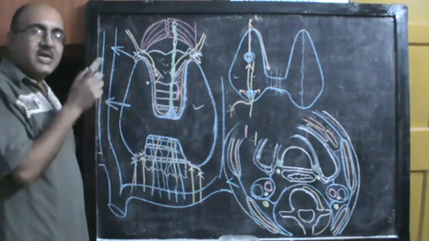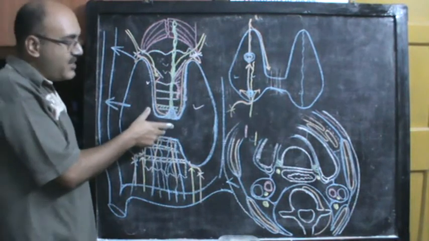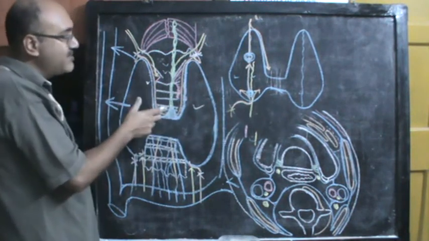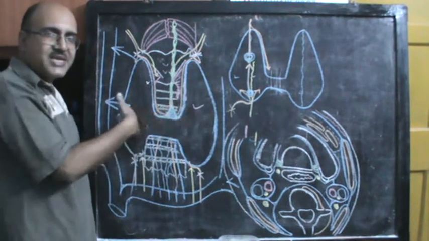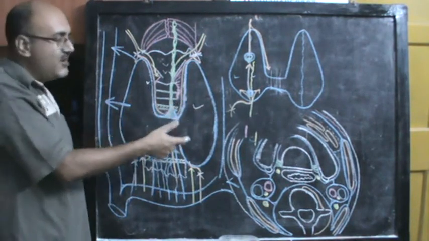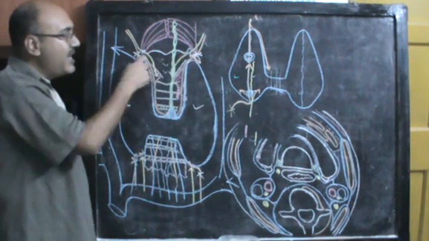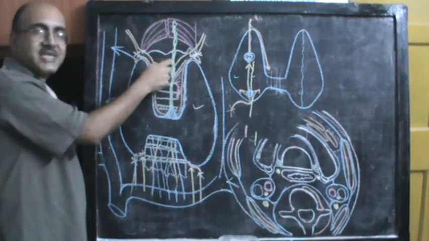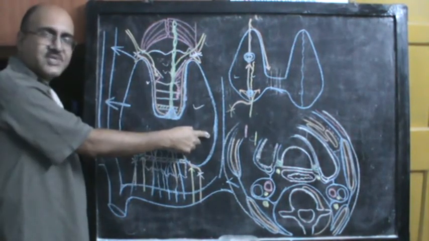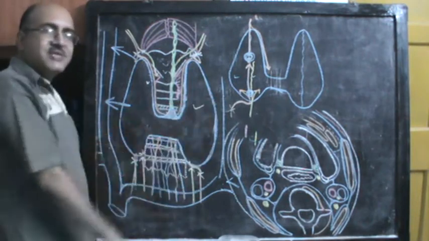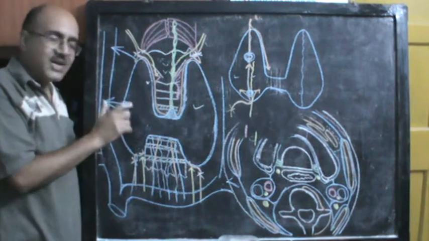So arterial supply, venous drainage, nerve supply. Now lymphatics of the thyroid gland: laterally these lymphatic vessels drain into the paratracheal lymph nodes. So the pre and paratracheal lymph nodes on either side, going on to the lower group of deep cervical lymph nodes, and above they drain into the pre-laryngeal lymph nodes. So pre-laryngeal, pretracheal and paratracheal lymph nodes, and finally into the deep cervical lymph nodes. That is the lymphatic drainage of the thyroid gland.